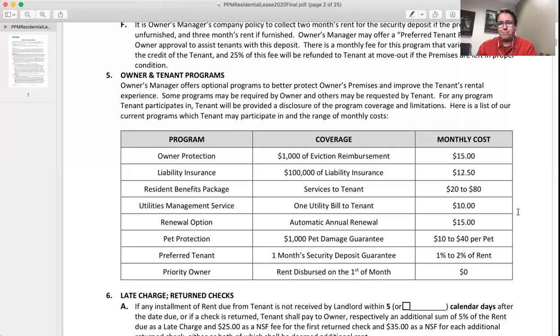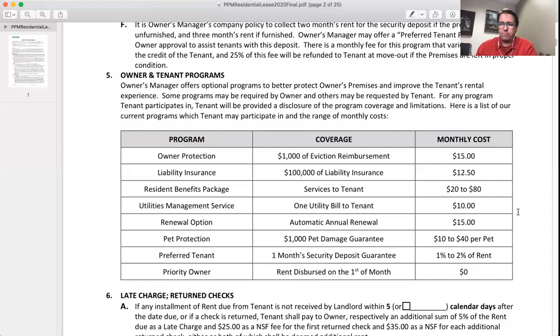And if you have a pet, unfortunately, pets cause damage. So in order to convince our owners to allow you to have that pet, they generally want you to participate in our pet protection program. So if your pet causes any damage, we cover that up to $1,000 for the owner. And depending on the type of pet, it can be as little as $10. And that's if you go to petscreening.com and register your pet.